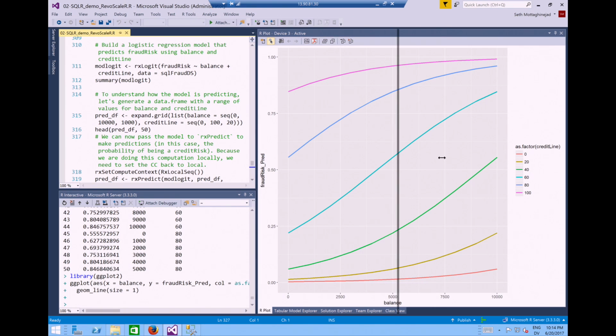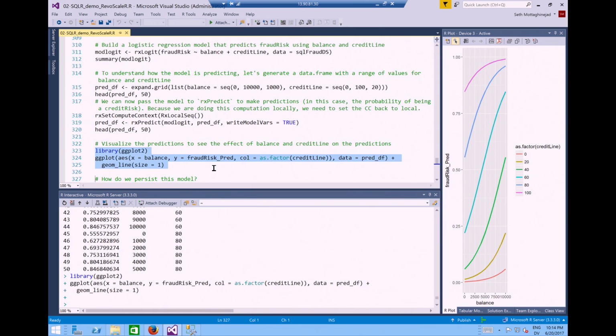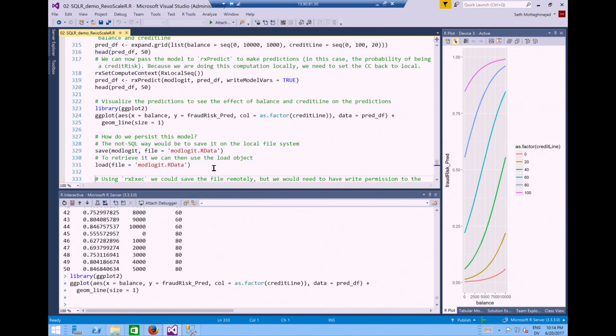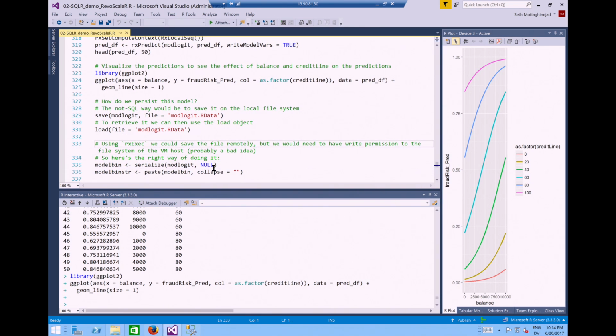Okay, so that's the model. Now, in the old days of just using R on our local machine, we would usually do something like this. We would say, I spent a lot of time building this model. It took me a lot of back and forths. I have to look at a lot of evaluation metrics and so on. I am happy with this one. I'm going to save it. And this way, I don't lose it. If my R session crashes or whatnot, I have this model object that I can always load.